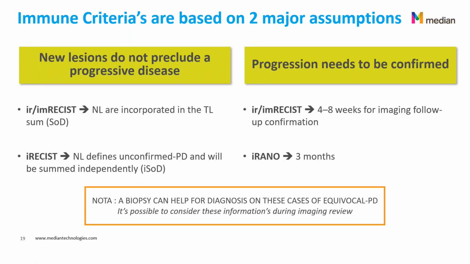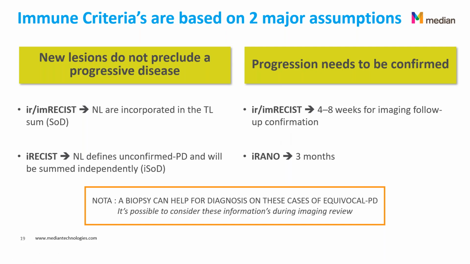Overall, there are two concepts to remember to understand the foundation of immune criteria. First, a new lesion doesn't mean a progression, as has been shown when we were explaining the criteria. And the second one is that progression always needs to be confirmed. Based on these two foundation principles, there can be some adjustment between the criteria, especially the way you will consider a new lesion. And the time of progression, for example, can be different considering the type of criteria